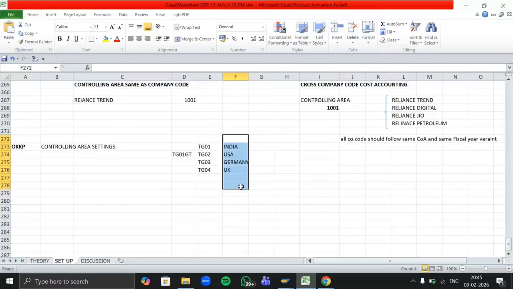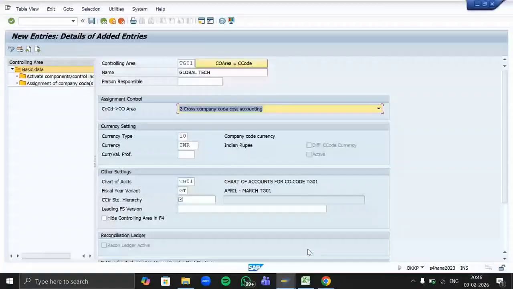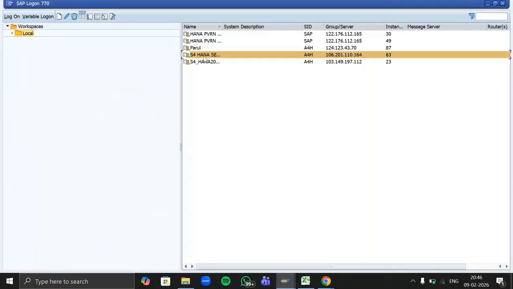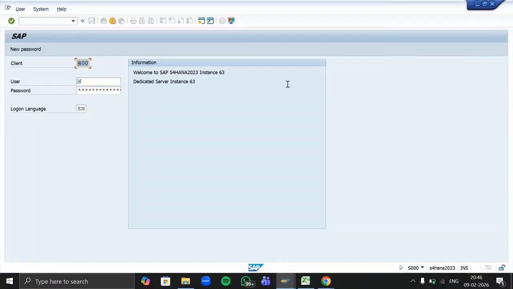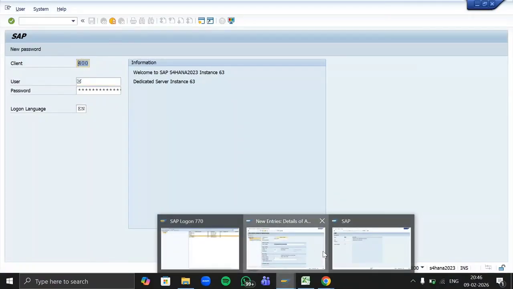Exactly. So here we are going to use our client currency, meaning the currency of the place where our parent company's headquarters are located. Generally, the client currency means our parent company's currency, we have to use that. Now what we have to do is check which currency is used by our client. My client, let's say, here is your client, is 400, right?